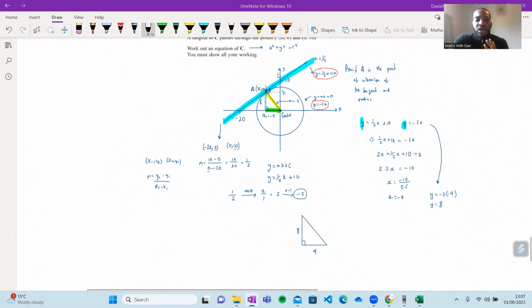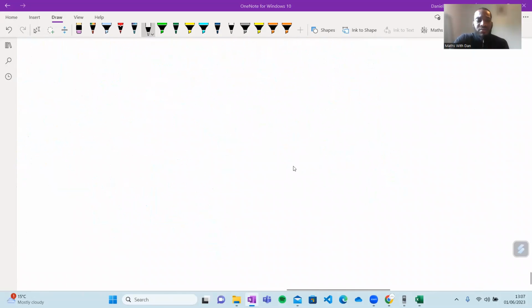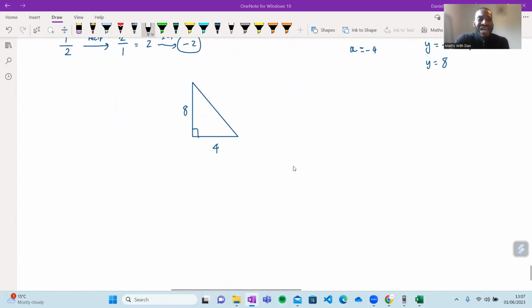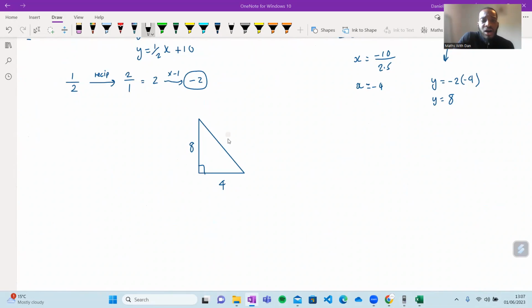Yeah, good. So now we can figure out the radius, because it's just a Pythagoras theorem question. This is Year 8 stuff. I'll call it R. R squared will equal 8 squared plus 4 squared. R squared is equal to 64 plus 16, right? R squared is equal to 80. So therefore, the radius is just the square root of 80, isn't it?